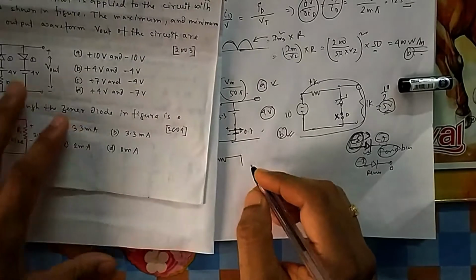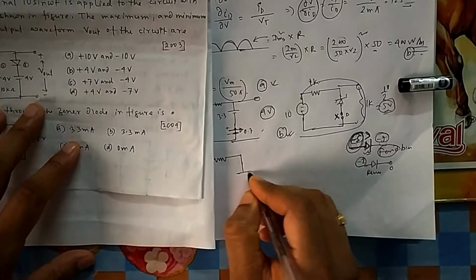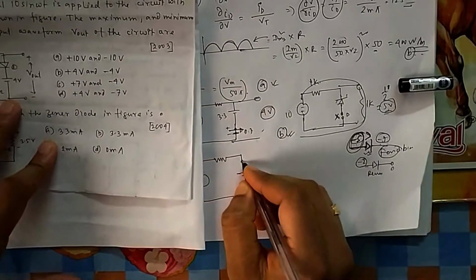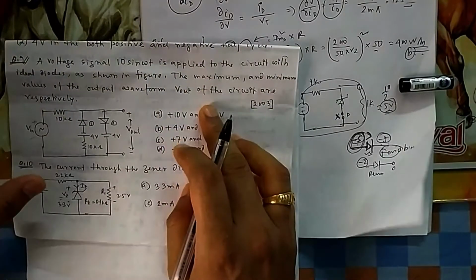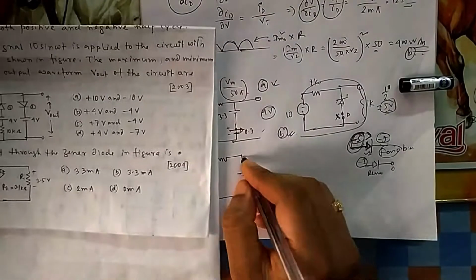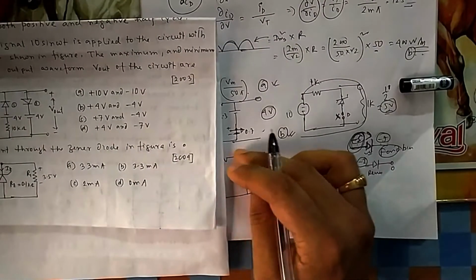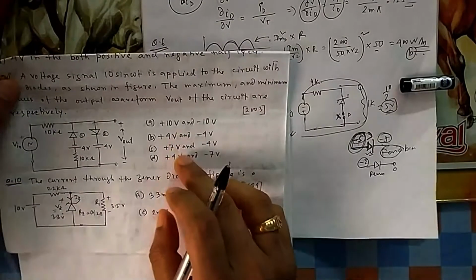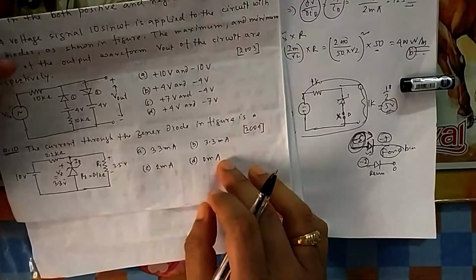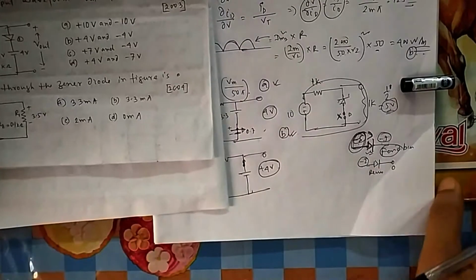Okay, now if it is forward biased, it will look like this. Because this is forward bias, no drop is there, because it is ideal. Otherwise they could have given 0.7, 0.3, whatever. So you see what your output voltage will be, because you will get directly this voltage now. So your output voltage is plus 4 volt. So obviously the option can be B and D. If there had been one answer, then I could have directly given it.